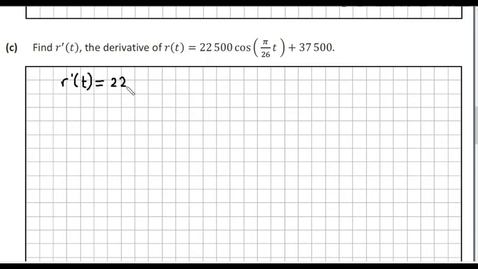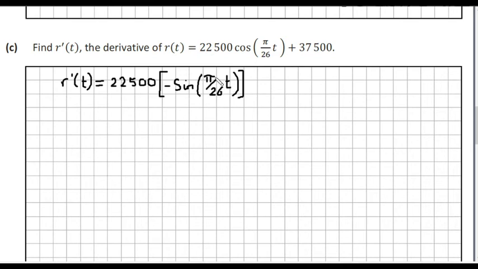All we have to do is just concentrate on differentiating the cos function correctly. Now when you differentiate cos of anything, you're going to get minus sine of exactly the same thing. So that thing in this case is pi over 26. So I'm going to get minus sine of pi over 26t, but then I have to multiply by the derivative